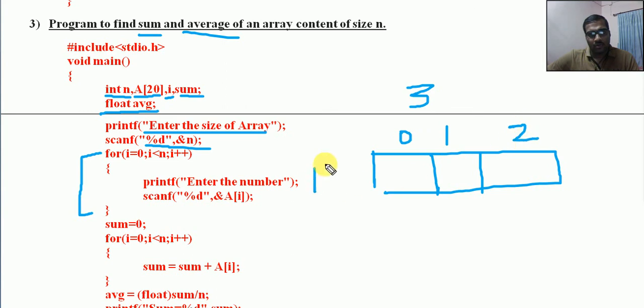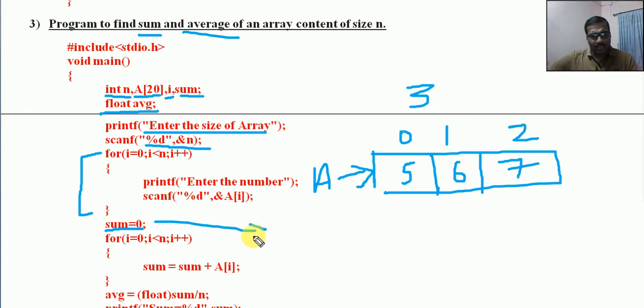This is the array, which points to the base address. Here we have 5 or any other values we can add. So assume that we are adding these values. Enter the numbers: a[0] 5 will be added, a[1] 6 will be added, a[2] 7 will be added, and when i reaches 3, since it is not less than 3, it will exit from the loop. Now I am setting sum. This variable is assigned as 0.